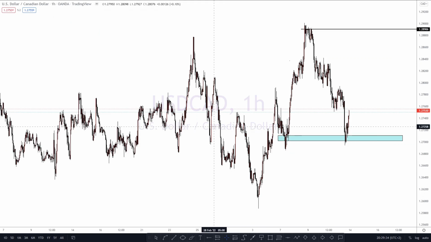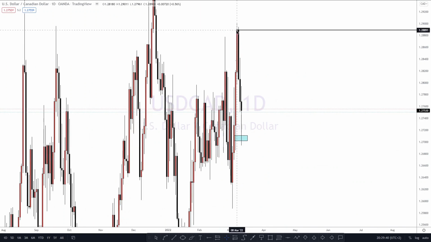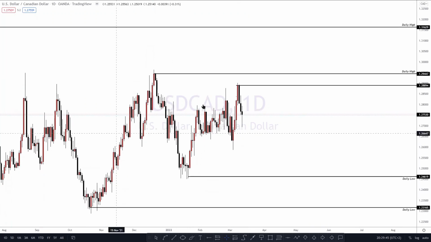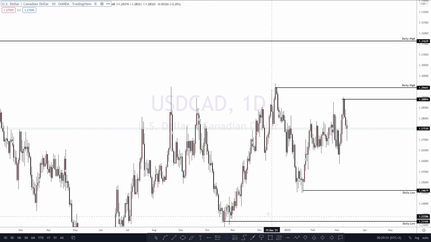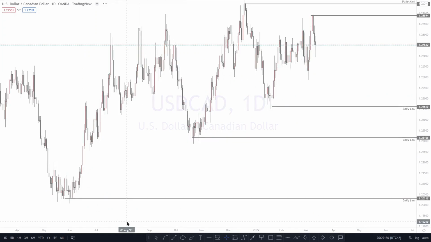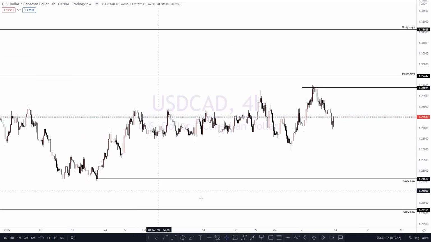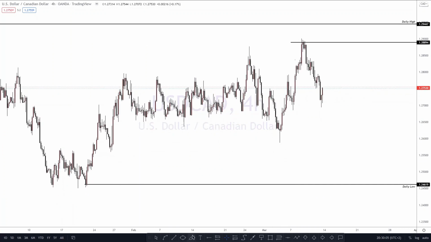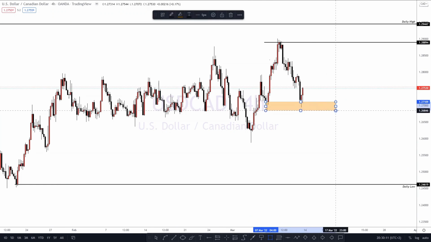Let's move to USD CAD. Daily, still the same thing. I think I've already drawn the 1H, the 1 daily high. Let me just now finish with the rest. I'll do all of the highs. So you can see there's a daily high, daily high, daily high, daily low, low, low, and another low. When I move to 4H, what happens is you can see they're also just fixed up, right? So what we're gonna look at is here that we had a 4-hour high low. Even for last week we had a 4-hour high low.